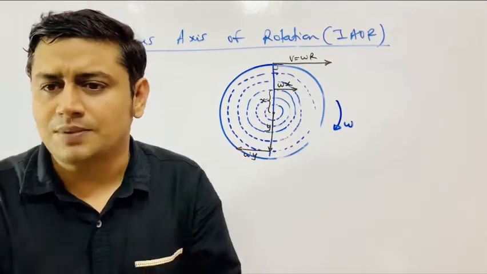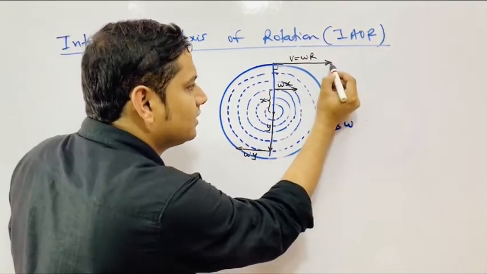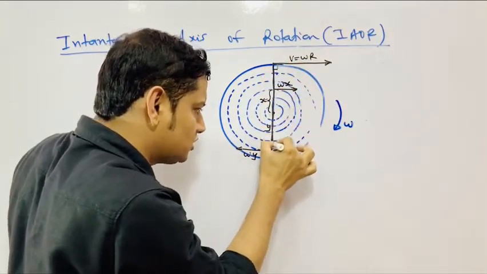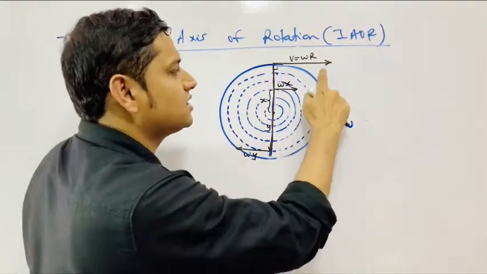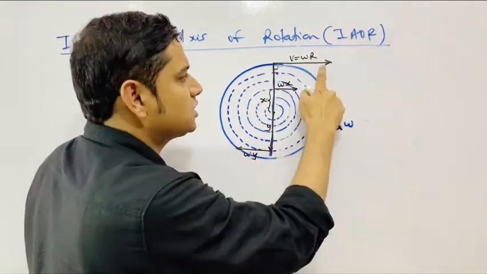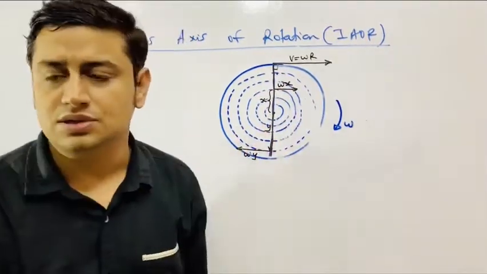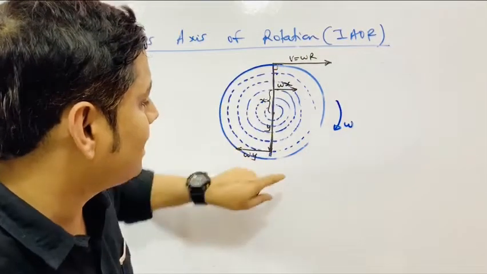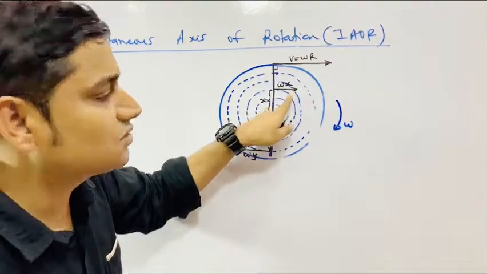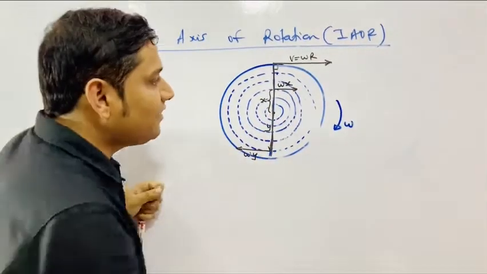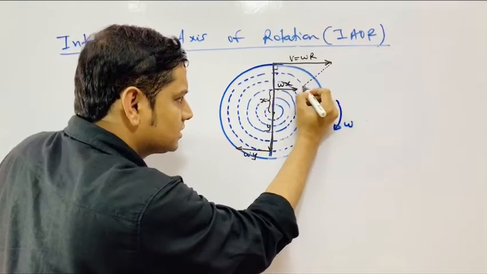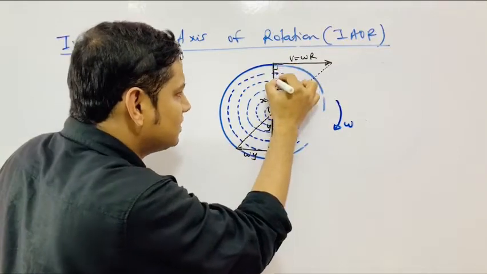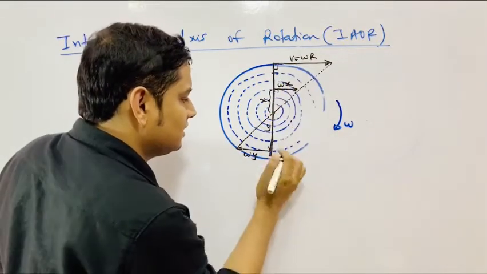In that case, you can apply the similar triangle rule. If I join the tails of all the velocity vectors, see this velocity and this point's velocity, this point's velocity and this point's velocity, they are either parallel or anti-parallel. Understand, these two are mutually parallel and they are anti-parallel with this. If I join the heads of these vectors and the tails of these vectors, there are three vectors.